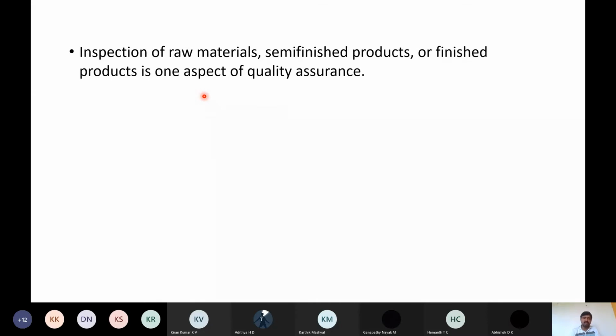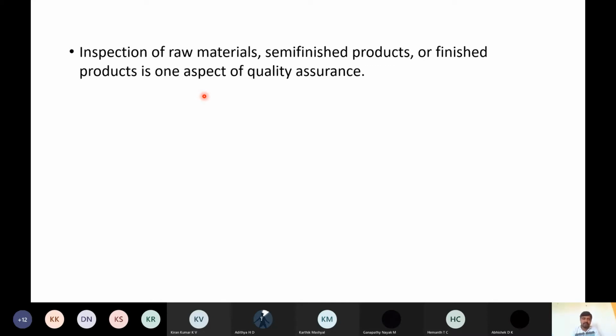We do this whenever we go to buy vegetables in the market. In order to decide whether to buy vegetables from a particular vendor or not, people will pick one or two. Suppose they are buying tomatoes, they will pick one or two, and based on that they will decide whether to buy from this vendor. Again, if they want to buy grapes, they will taste one or two grapes. Then they will decide whether to buy from this vendor or not. So that is acceptance sampling.